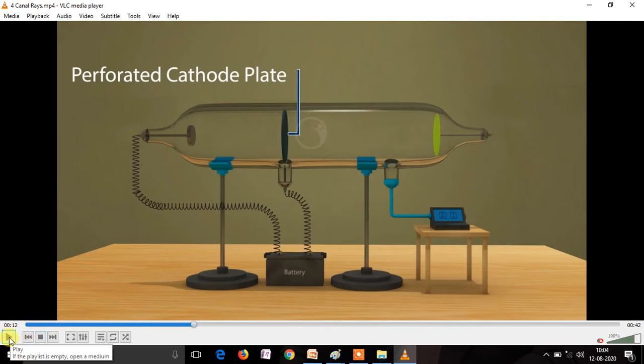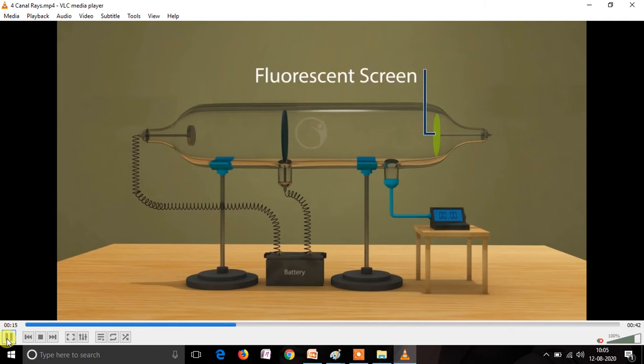In our previous video, we have discussed and seen how the negative cathode is producing negative rays, and in this video we will see the difference between the cathode rays and the positive rays. A slight change has been made in the perforated tube. Here the negative cathode is placed in the center and the zinc sulfide screen is not placed between the two electrodes, while this zinc sulfide screen is placed behind the cathode.